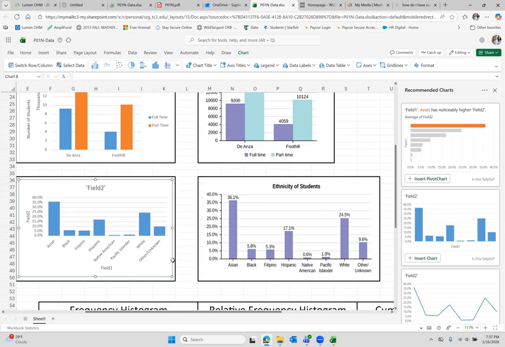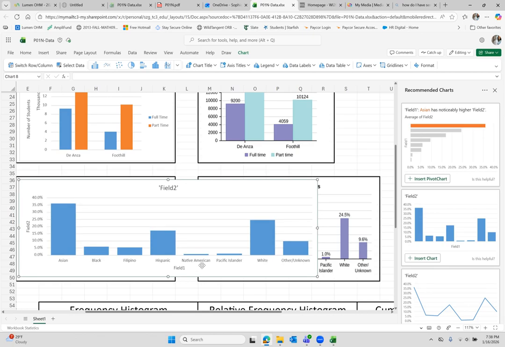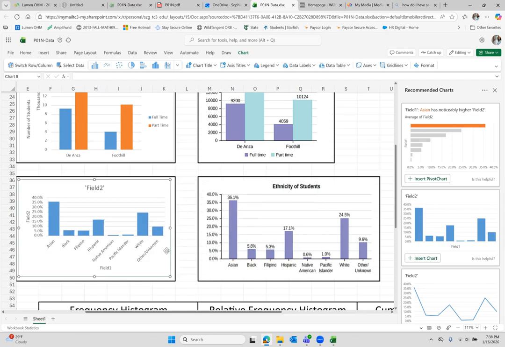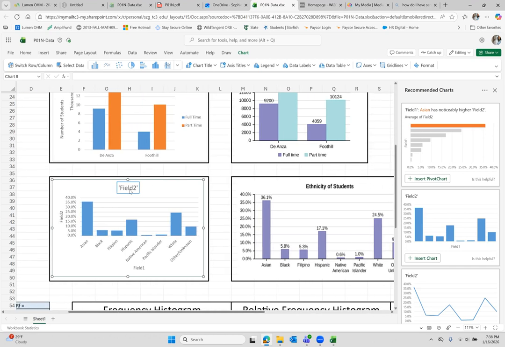So one thing that is happening here is that Excel doesn't have enough space. So it has set the labels diagonally here, sideways. If it was a large graph, it would have them horizontally like the one in our book. But because they didn't give us enough space, the labels here go diagonally. We want to fix the